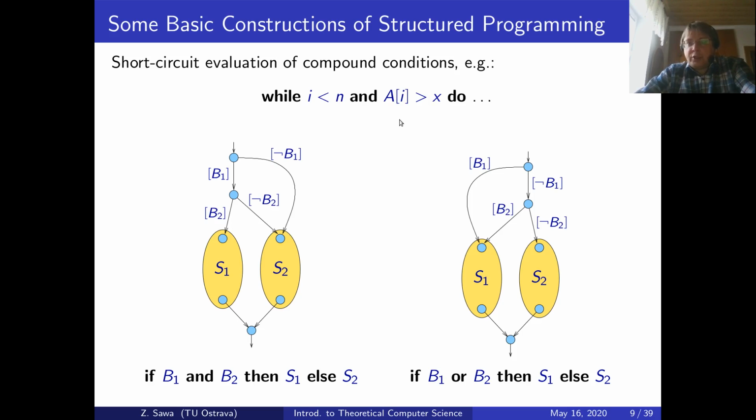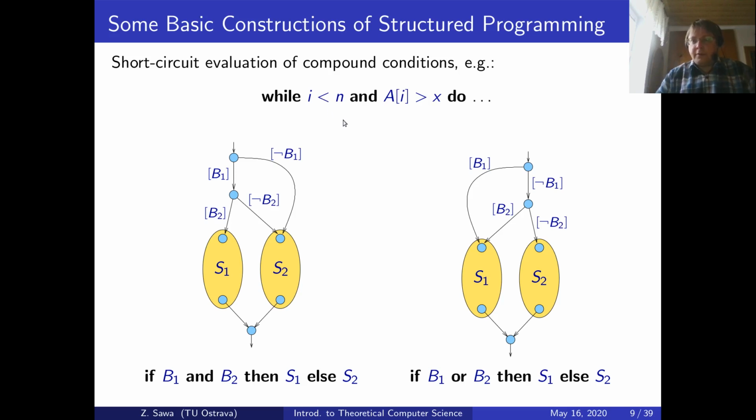whether evaluating this condition could end with some failure, with some kind of error. Let's say we would like to go through an array of length n. If we use this short circuit condition, we can be sure that this subcondition will be evaluated only in those cases where i is less than n. On the other hand, if we would always evaluate both sub-expressions, then if i would be greater or equal to n,